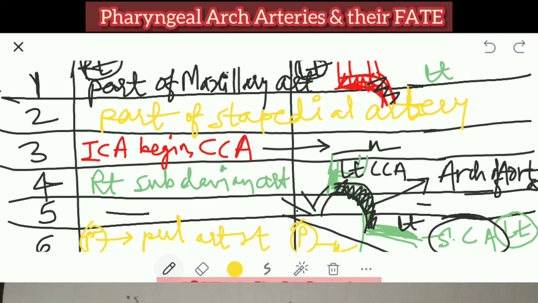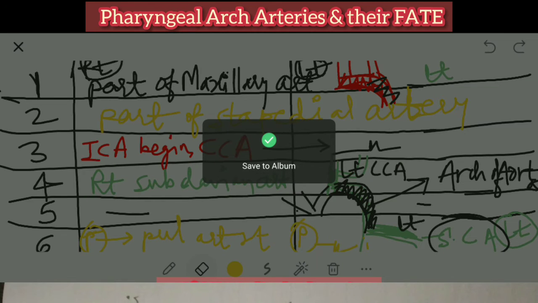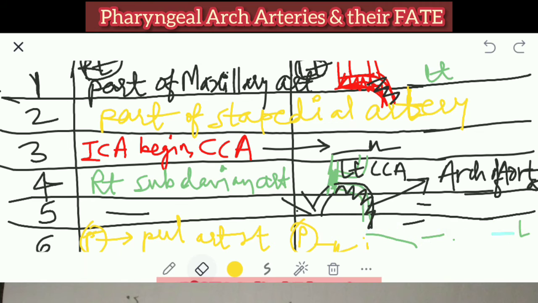But one more additional thing is the ductus arteriosus. Now there is no place to write. If I write here, you just understand. It is the ductus arteriosus. What I will do, I will first wait. I will save this photograph. Then I will erase this. And if you can see, yeah. So ductus arteriosus. This is formed by the distal part of the sixth pharyngeal arch artery. Have you understood this table? You can take down this table if you can take a screenshot.